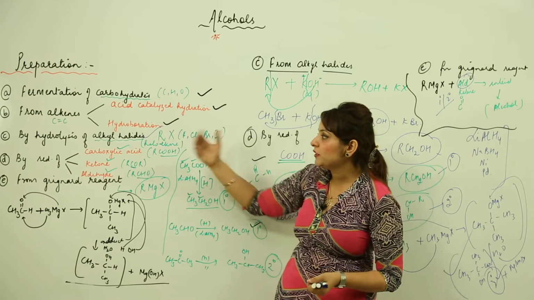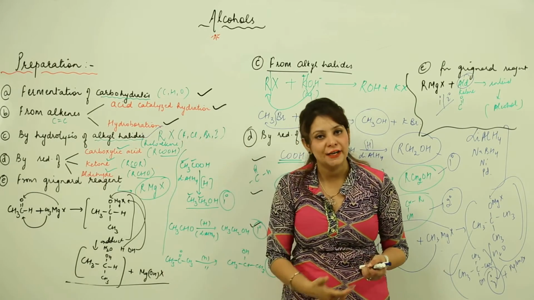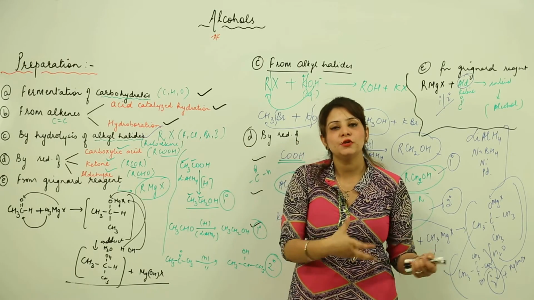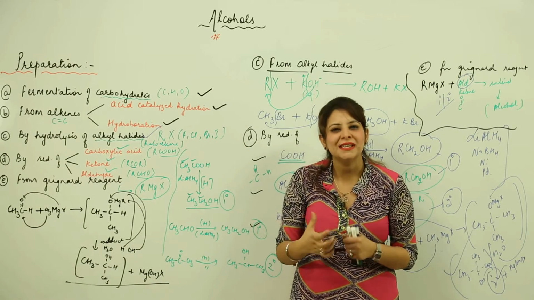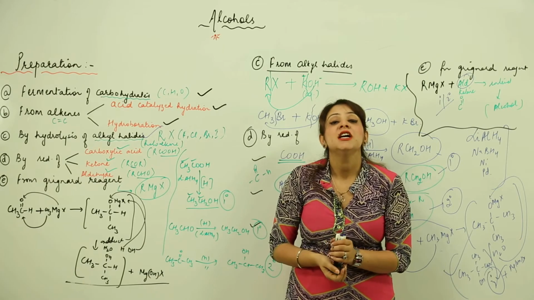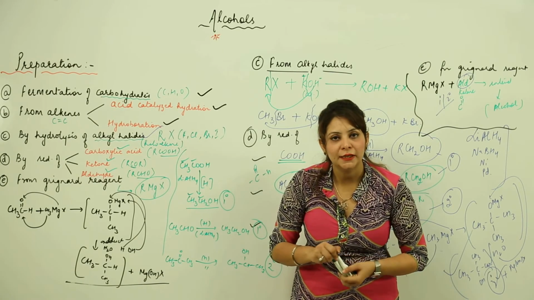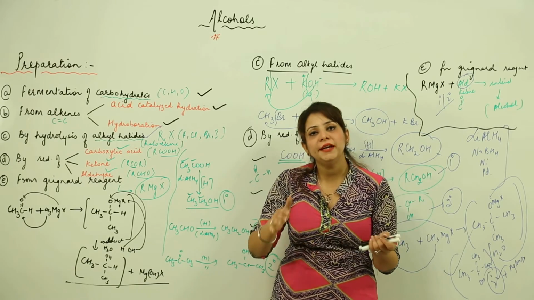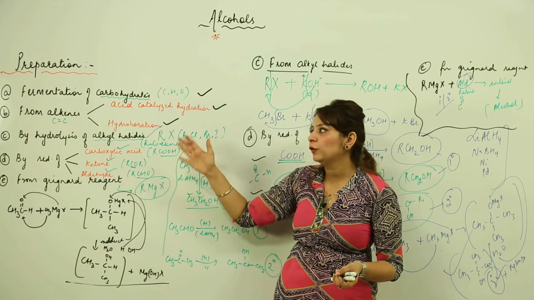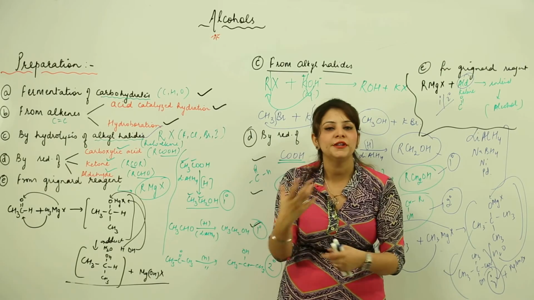Like suppose for alkyl halide I need to carry out hydrolysis, right? And we know that for hydrolysis we add KOH. So likewise you need to be familiar with the basic concepts, and if you are not familiar, just look at the video on some basic principles of organic chemistry of class 11. You will be able to know for what kind of reactions what raw materials you need to be